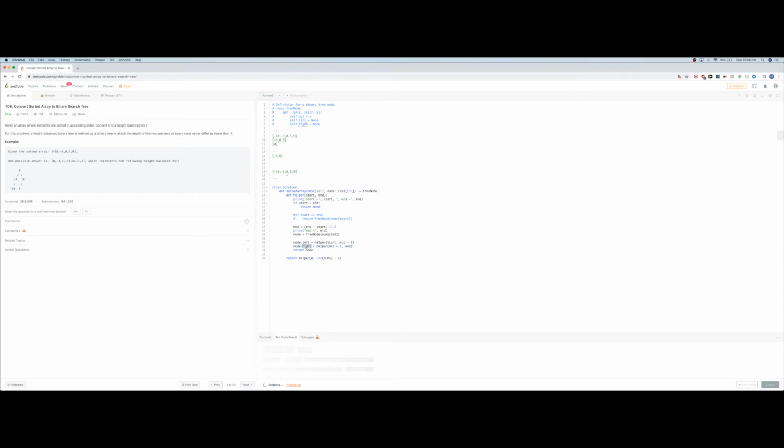I should do this for the right node. Yeah, that was a silly mistake. Let's try again. Okay, now if we try on this one,